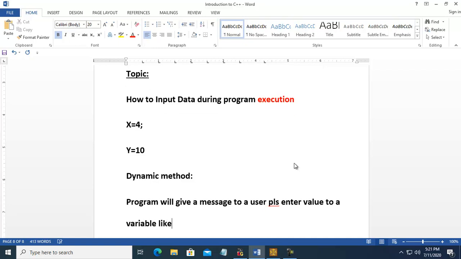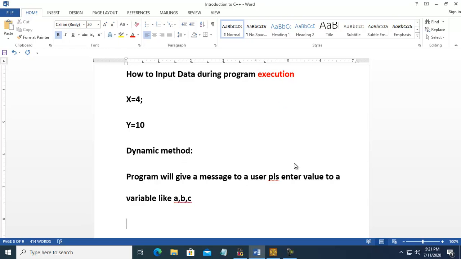Which variable? Any variable, a, b, c, x, y, z, any variable we will use. So that is the dynamic way. So we will change the value every time when we run the program.